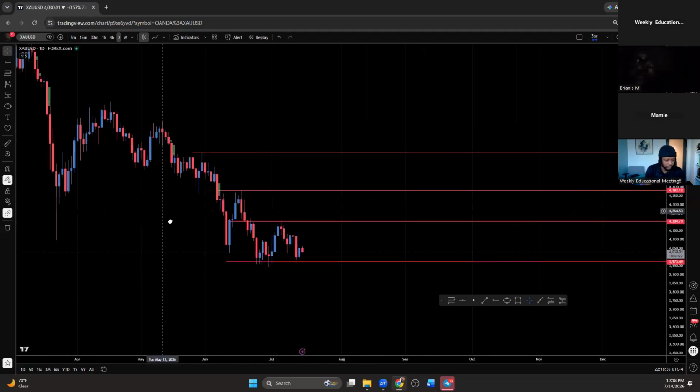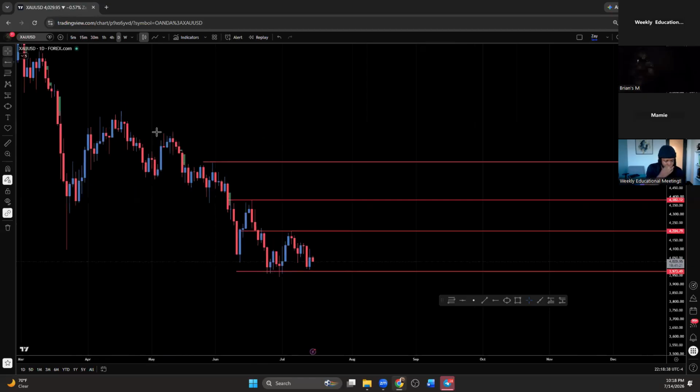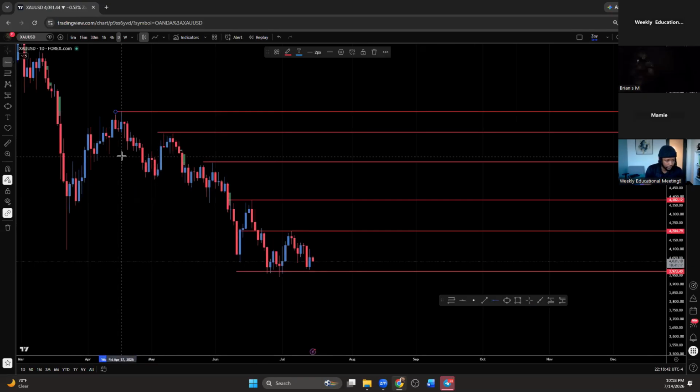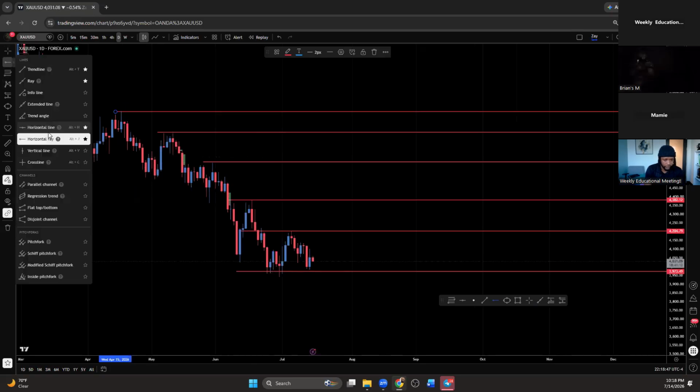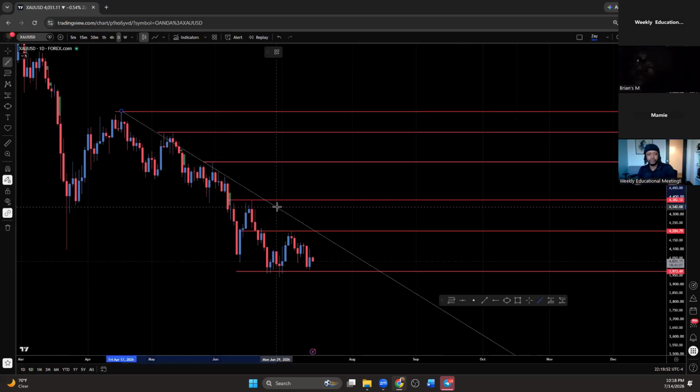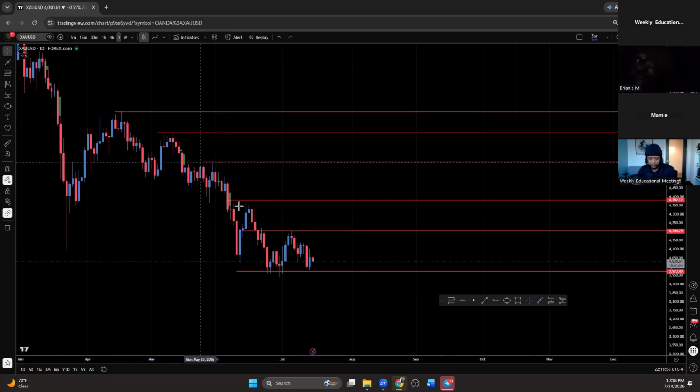What I want you guys to just understand is these little lines that I'm drawing. I'm just trying to help you get an idea of the market, or pay attention to the market, or even figure out how to start somewhere on the market. This is what you can do on a daily time frame to figure out what the market is actually trying to do. So based off of this, we can easily see that we're getting lower highs.